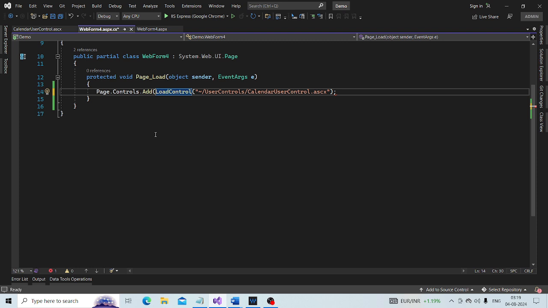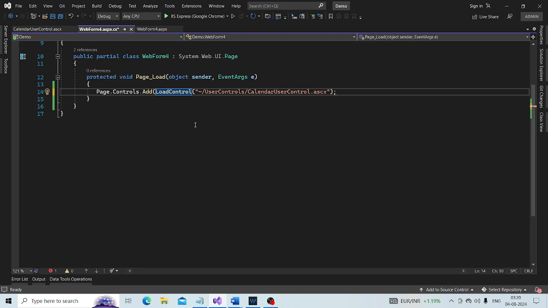And this method is returning a control back, so it gets added now.